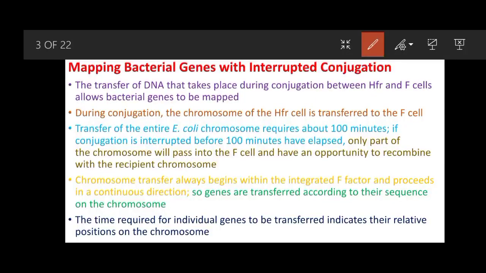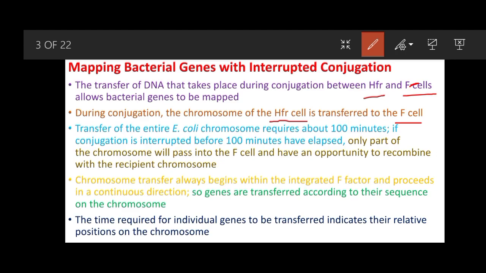So, the transfer of DNA that takes place during conjugation between high frequency recombinants and F minus cells allows bacterial genes to be mapped. When we interrupt the conjugation at different time intervals, we can use this technique to map bacterial genes. During conjugation, the chromosome of the high frequency recombinant cell is transferred to the F minus cell,